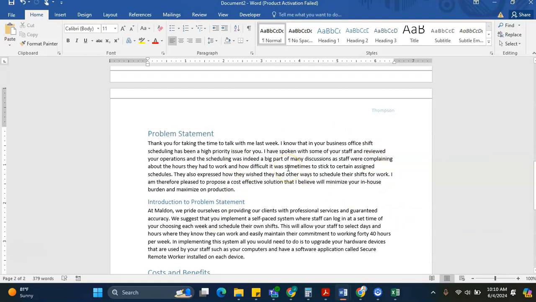Now to change, we are going to apply the alignment. So we have 4 alignments. We have align left, which is the default. We have center, we have align right, and we have justify. Now what justify does is that it places text